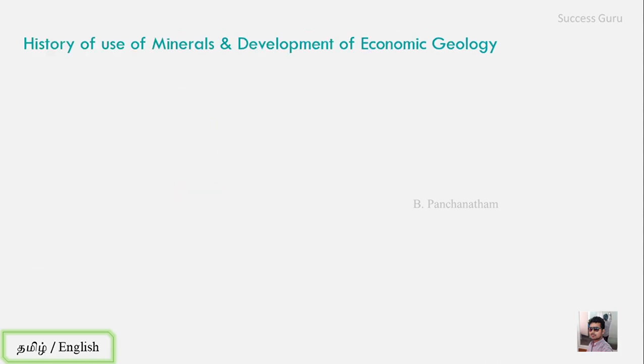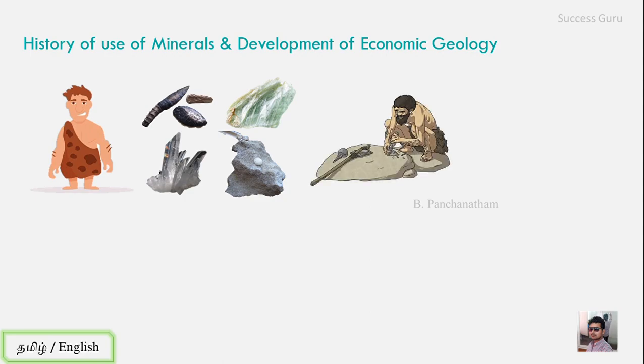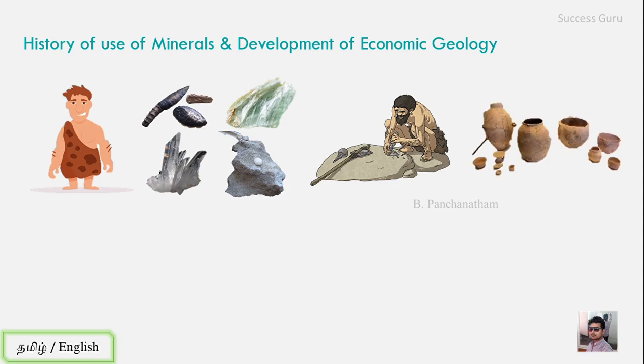Let us see a brief history of its development. The first earth materials used by primitive man were non-metallic substances like flint, chert, and certain hard and soft rocks such as soapstone, quartzite, and limestone, required for use in weapons, tools, utensils, and for carving. Clay was widely and extensively used first for pottery and later for bricks, and unquestionably, clay represents the first large-scale mineral industry, an industry that has persisted continuously through the ages.